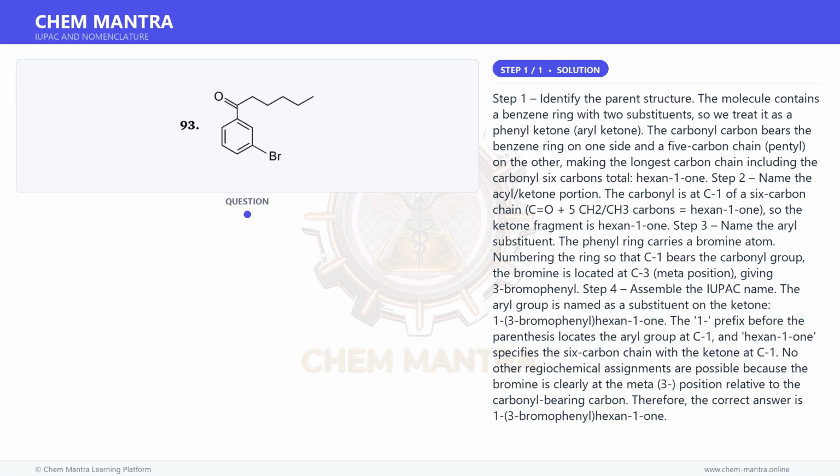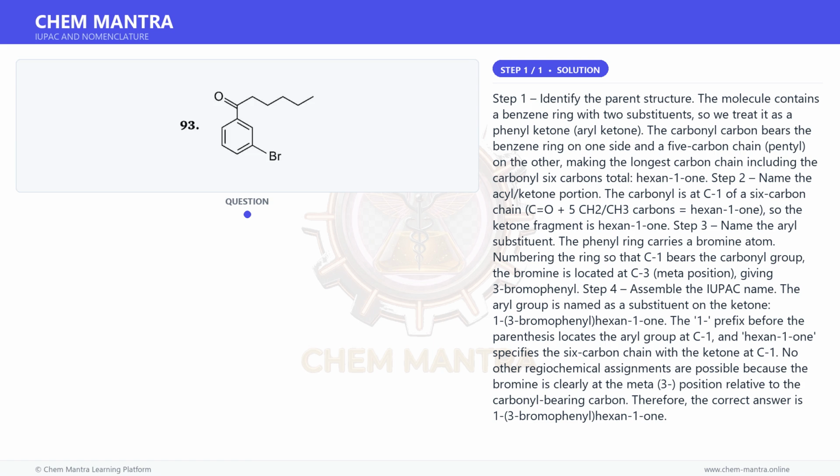Step 4. Assemble the IUPAC name. The aryl group is named as a substituent on the ketone: 1-(3-bromophenyl)hexan-1-one. The 1 prefix before the parenthesis locates the aryl group at C1, and hexan-1-one specifies the 6-carbon chain with